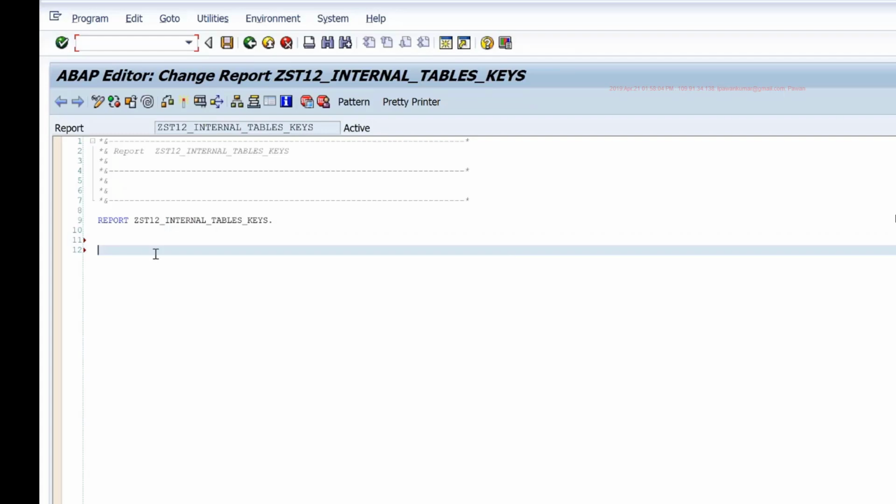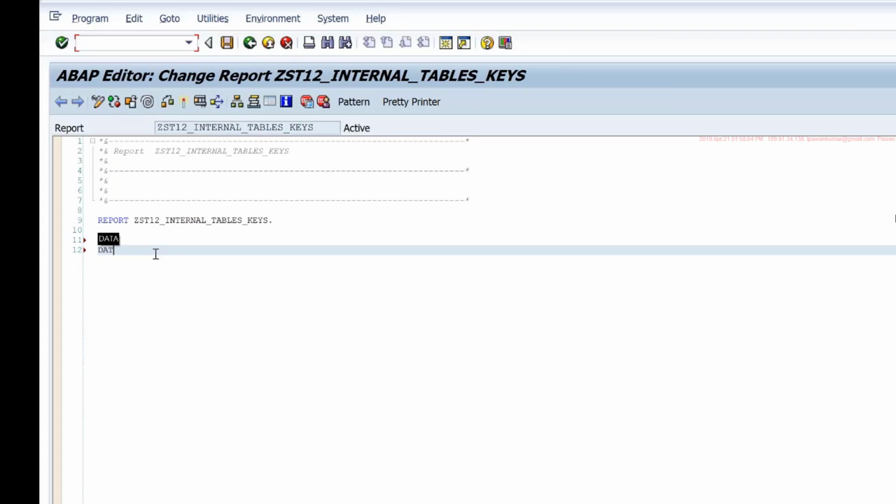When we are creating these internal tables, earlier there was only one option where you could define one primary key for the table, and if you are reading that internal table using the primary key, it would use binary search or hash function if the table type is sorted table or hash table respectively. And if you are reading it by any other field, then the system used to perform a linear search because there is no index available for it to use. So the performance was slow.